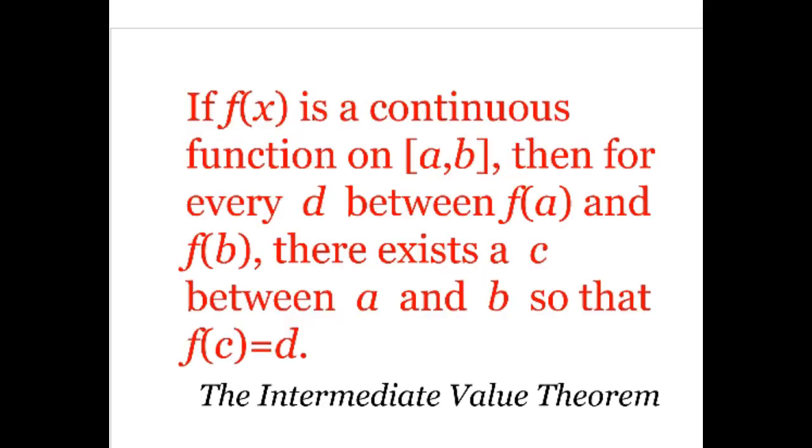If f of x is a continuous function on the closed interval [a, b], then for every d we pick between f of a and f of b, there exists a c between a and b such that f of c equals d. Whew, that's a little complicated, but it's not so difficult if you take a look at what it